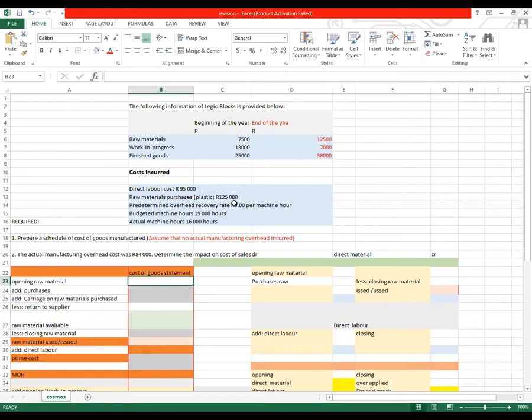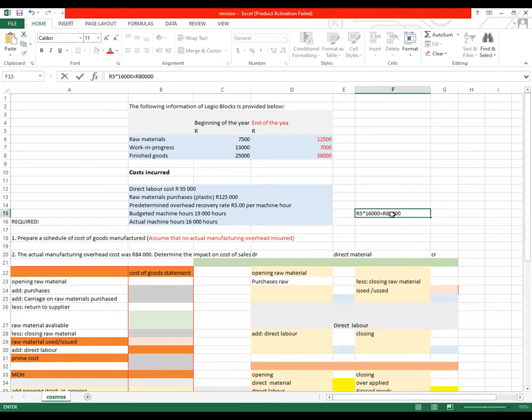And then this, I'm going to take 5 rand multiplied by what? By my actual machine hours, the total, guys. Okay, let me calculate. 5 rand times how many hours? The actual one, 16,000. How much do I get, guys? How much is our answer? 80,000. It's 80,000. Yes, sir. This 80,000, guys, is going to be my